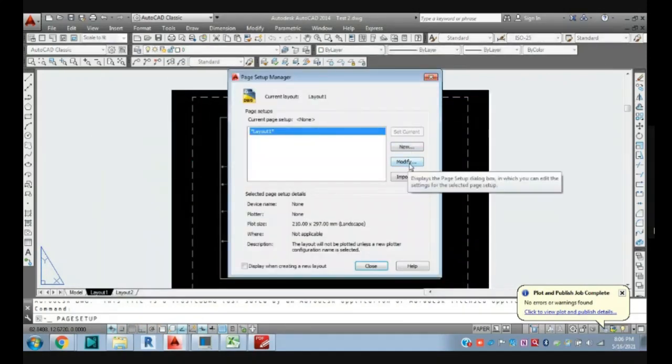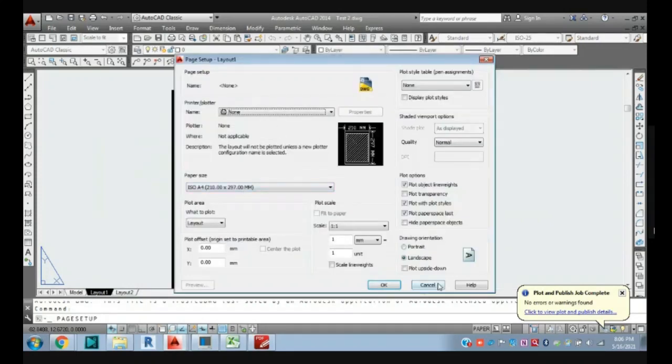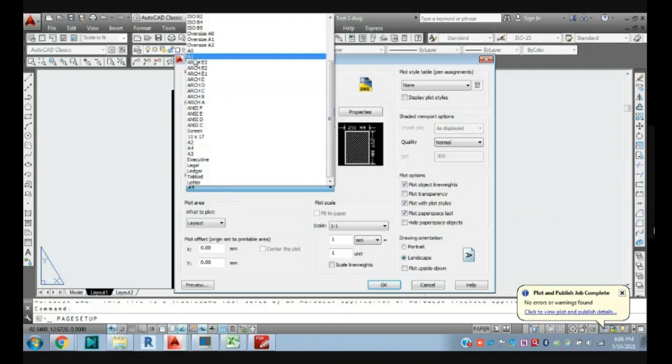If you go here in modify, I will check here, just click here, PDF, and right now I will go here, A1 size.